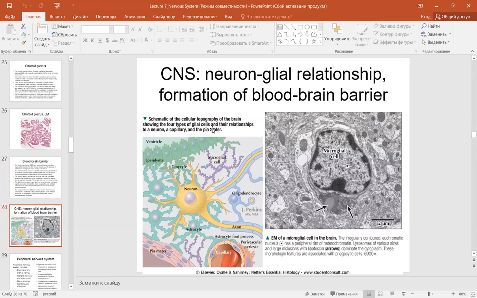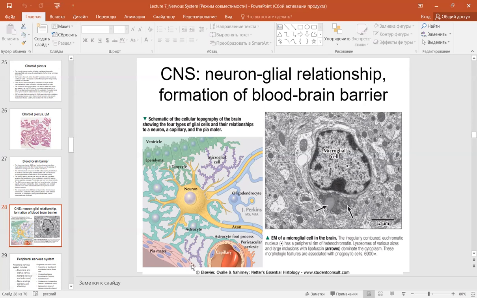Here is the schematic view of the central nervous system, demonstrating the neuron-glia relationship and formation of blood-brain barrier. Here is the blood capillary, endothelial, with the intercellular junctions, the basement membrane, the pericyte, the end feet of the astrocyte, enveloping the whole capillary surface, the pia mater cerebri,